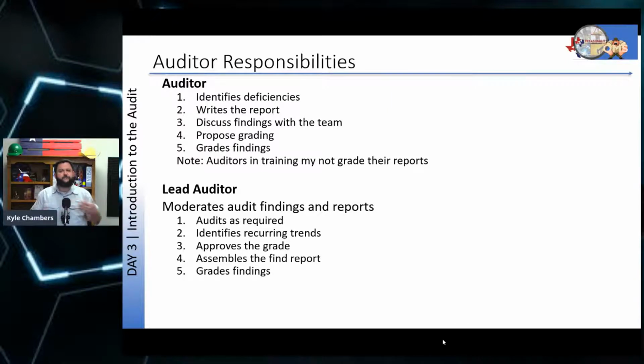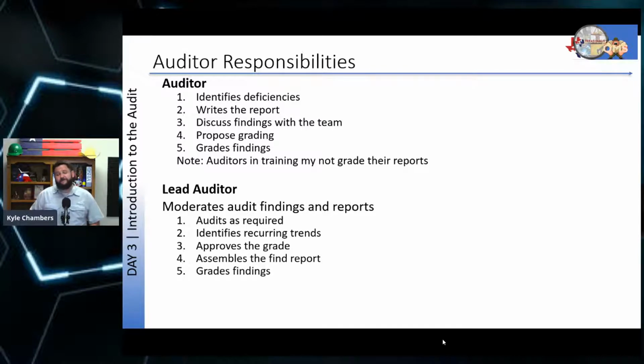But these situations with the auditors in training are not always the most common. As you know, a bit of advice is definitely, if you've got someone that you're trying to train up as an auditor for your team, let's leave the grading of the findings until they've passed whatever internal requirements you have for that auditor.